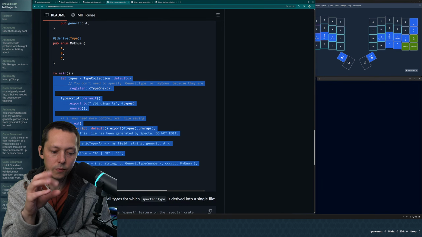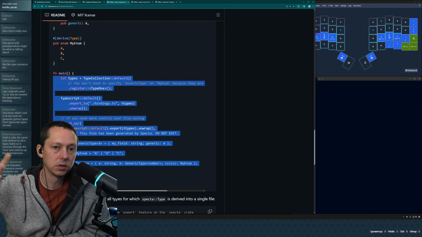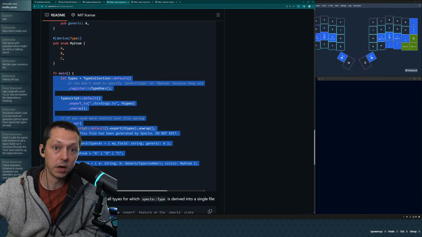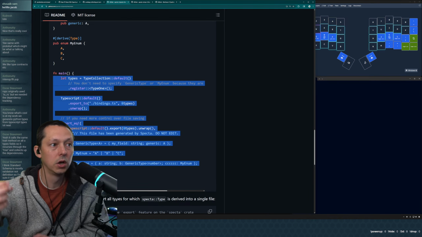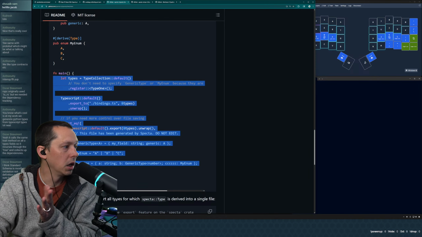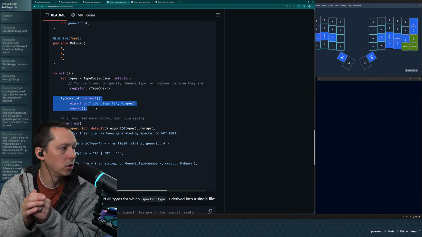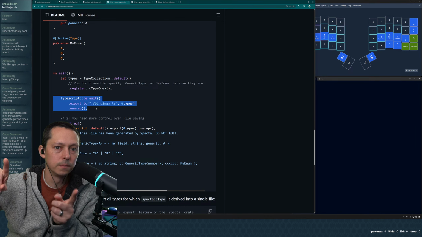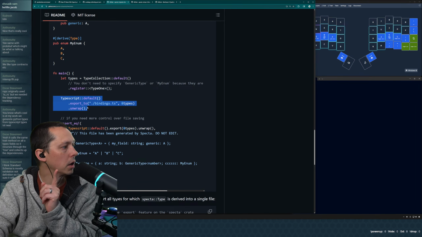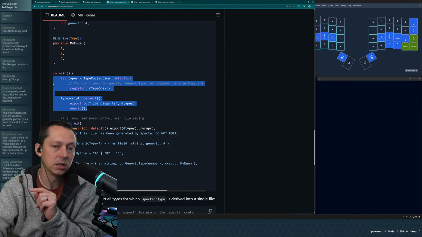bunch of WASM file stuff with loaders and initializers, et cetera, and then a TypeScript file. And that TypeScript file is based on that same Rust generated stuff. If you're generating your types separately, you then end up having to manually wire those two pieces up. So that's the base reason that I didn't immediately jump to